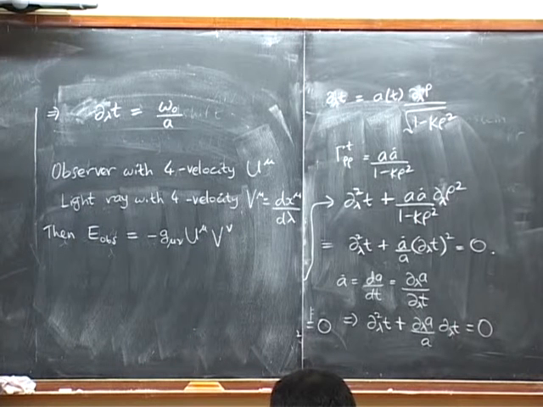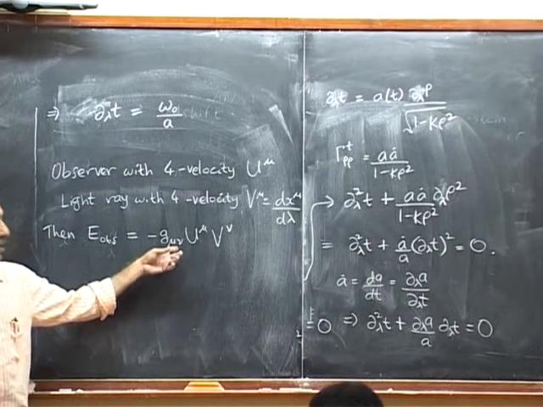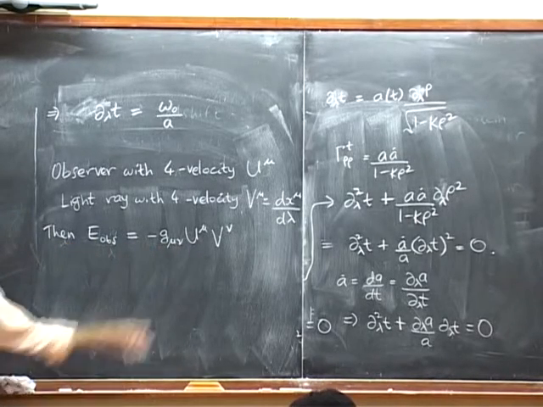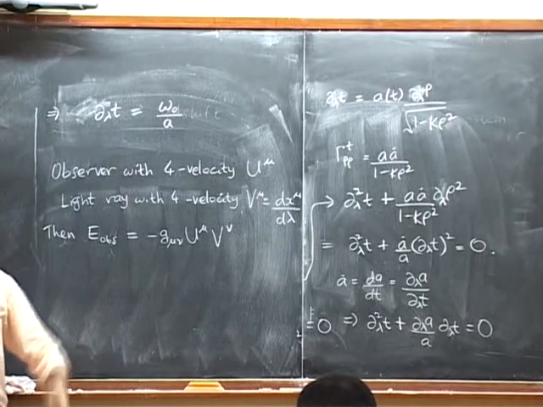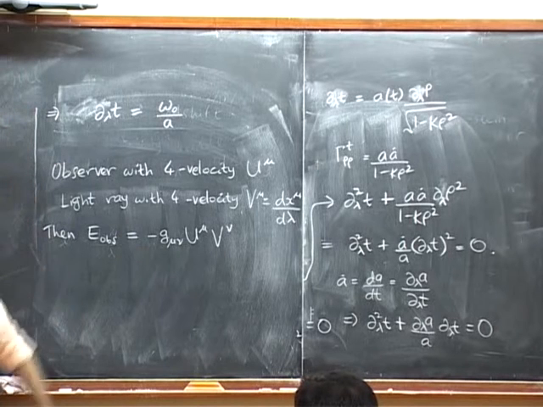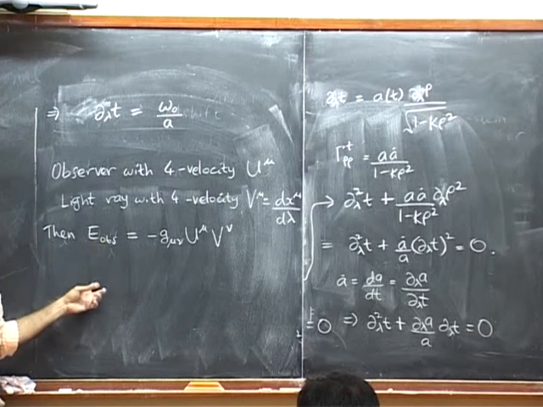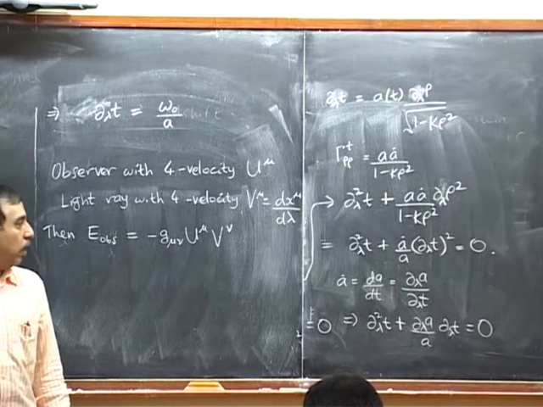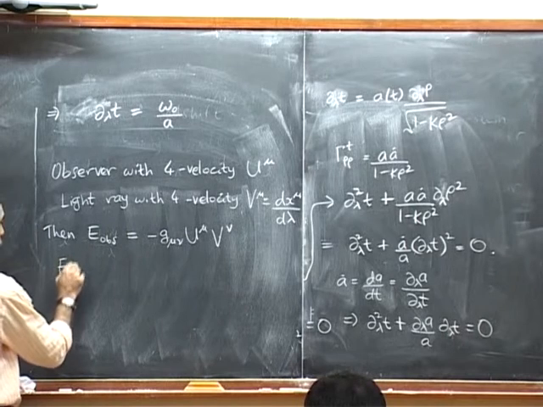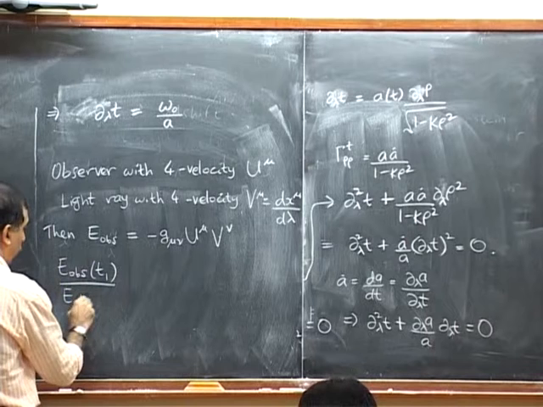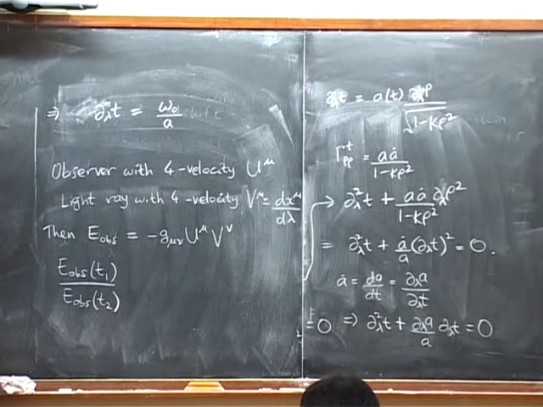If you look back in your notes, in the case where g mu nu was the metric of a star, or any symmetric body, then G00 will change as you go from, let's say, the surface of the body to high up in space. That change would cause the ratio of the energies of one observer and another to change, and that would be the gravitational redshift. Now we want to ask the question: what is the energy of an observer carrying out an experiment at a time t1 and another one carrying out this measurement at a time t2?